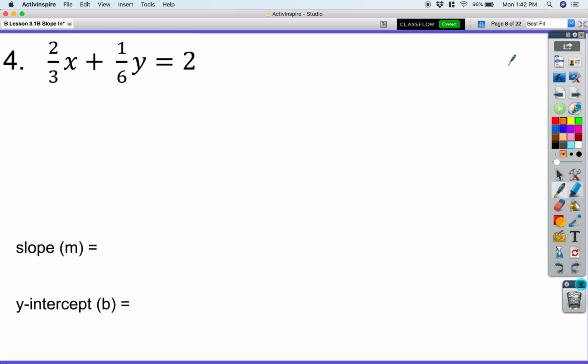All right, so now let's go and look at this one. I have a lot of stuff here. So the first thing, remember, I'm trying to get this in slope-intercept form. The first thing I'm going to do is a fraction buster, which means I look at my denominators and I need to multiply by the LCM. The least common multiple of 3 and 6 is 6. I got that by just looking at my multiplication tables of 3 and 6, and I look at the first number that they have in common, and it is 6. So if I multiply each term by 6,